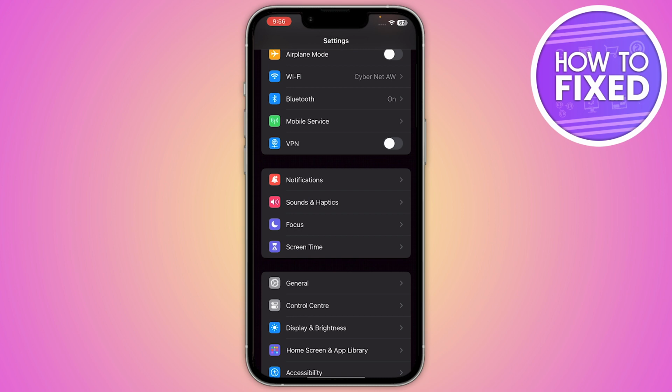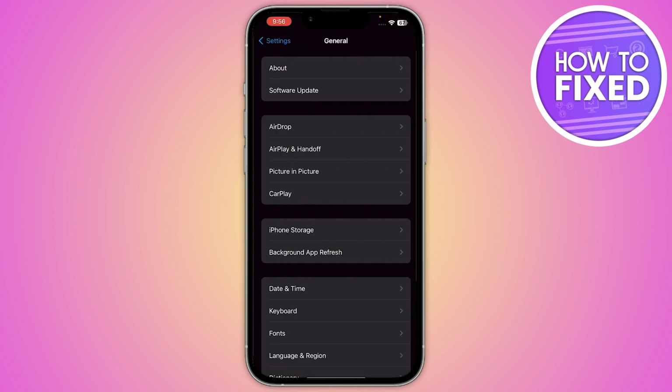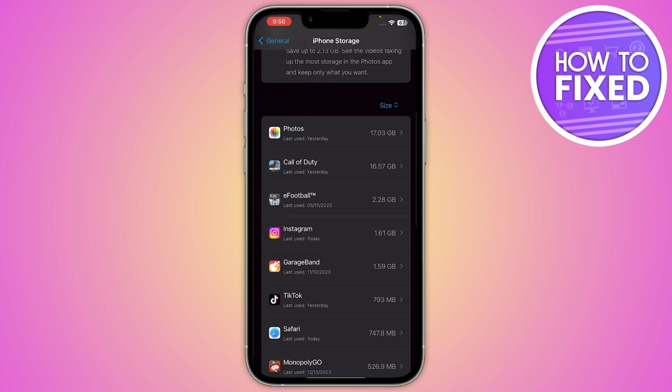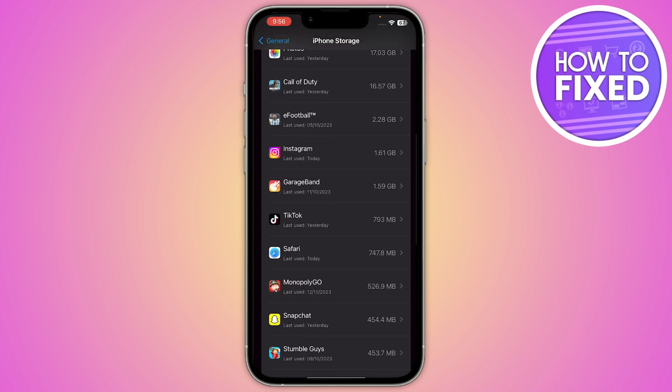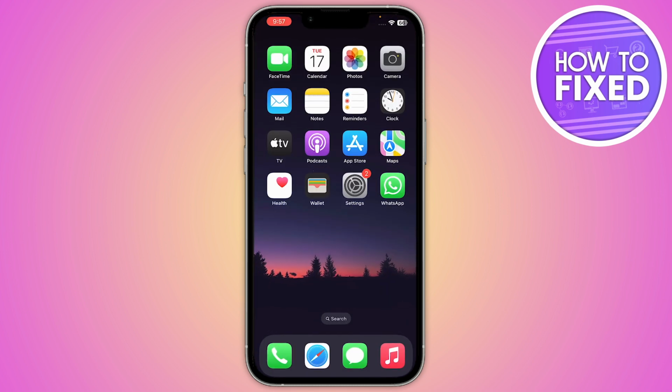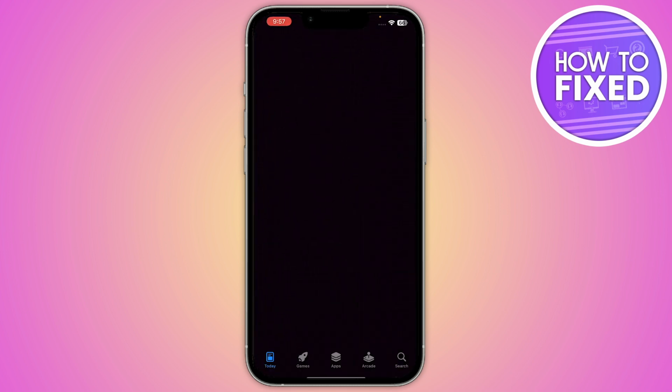Now the next step is you have to open up your settings again and tap on general and iPhone storage. Now select the application that is problematic in your way, so you just have to select that particular app and tap on offload. Once you are done, you just have to reinstall that problematic app, and at the end you